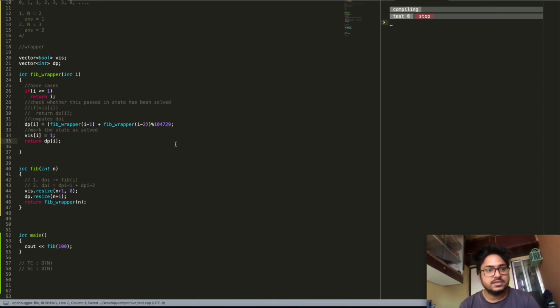In this case, the reason is you're not checking if the particular state has been solved before or not. You're not actually looking into the cache memory at all. So in that case, again, this leads to a formation of a recursion tree of size 2 to the power n. So that again leads to exponential time complexity. So if you uncomment this again, this will decrease the runtime, and you will get the answer that you are looking for.